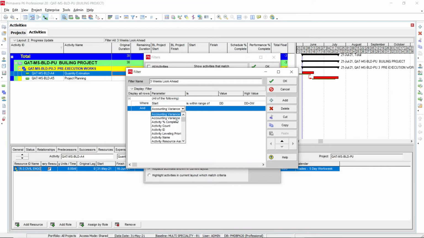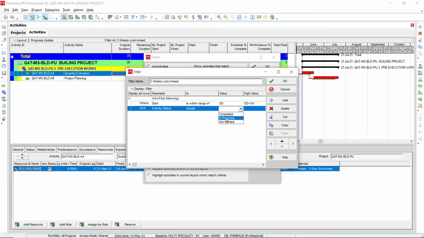If you make it equal, activity status equals completed or in progress. So if you want to see only the in progress activities falling under the 3 weeks, you can select this one, or whichever are not started activities falling under the 3 weeks range, you can select the parameter here.